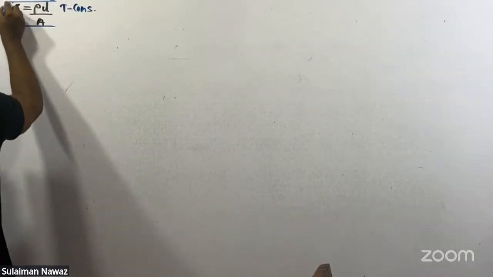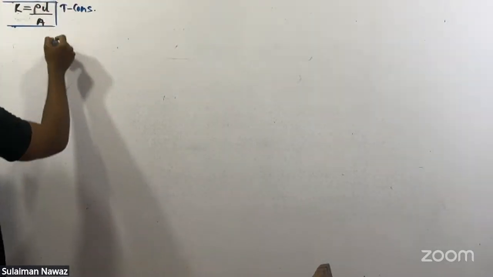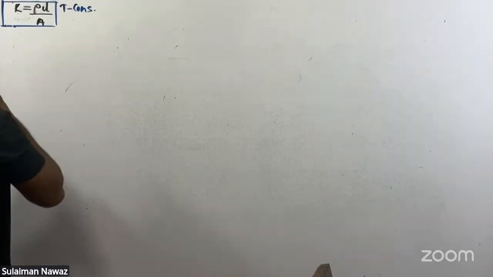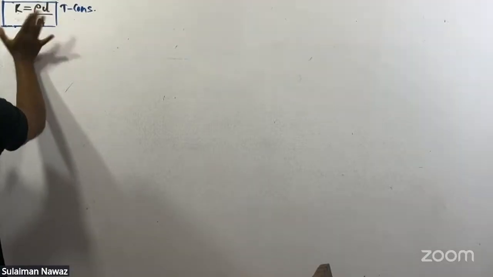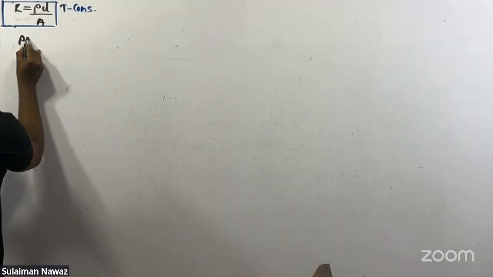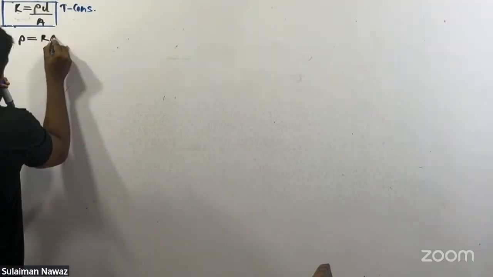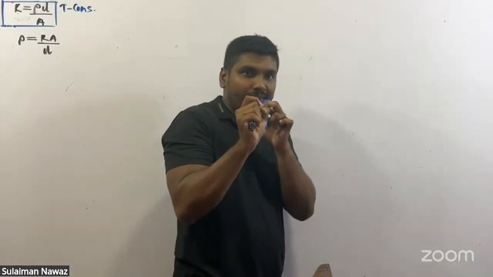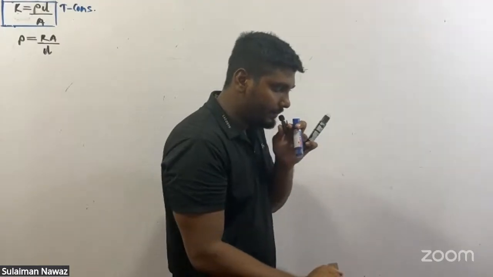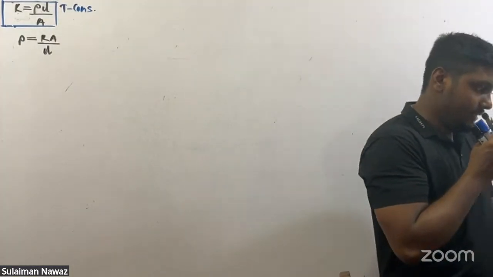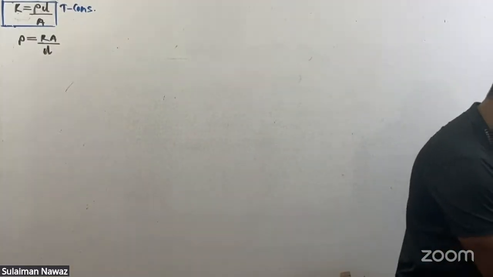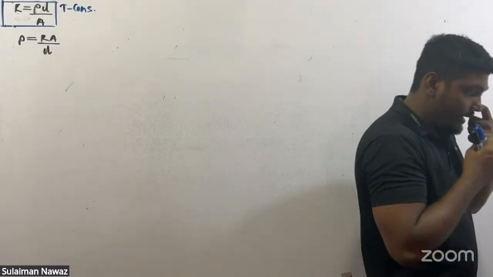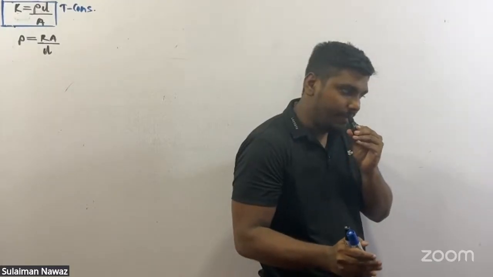Now we'll talk a little bit about resistivity and then go to today's story. When I make resistivity rho the subject of this equation, rho equals R times A over L. Did we write down a topic named resistivity? Yes, we wrote a heading, resistivity. Resistivity can be defined as